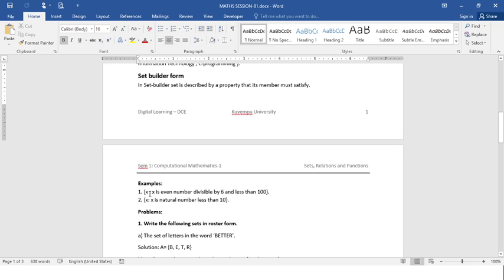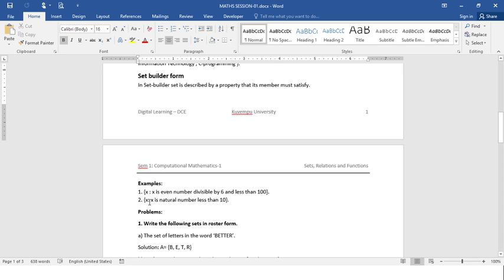Here we can see within the braces we have x, that is our set element, such that we are describing the property that the element should satisfy. x is an even number which is divisible by 6 and less than 100.